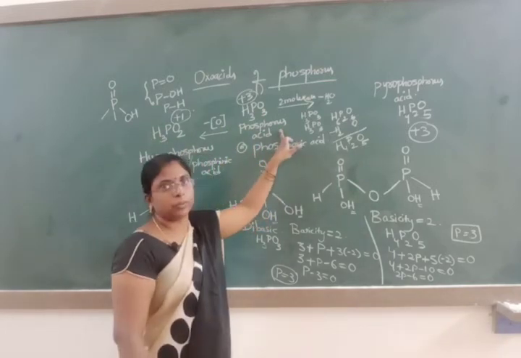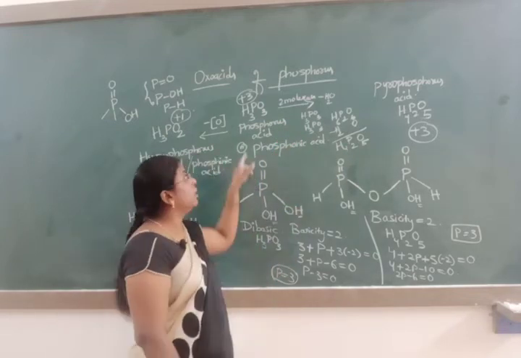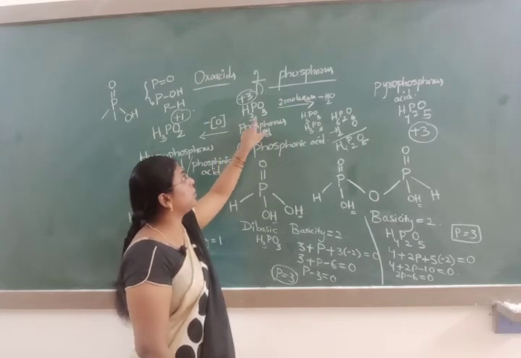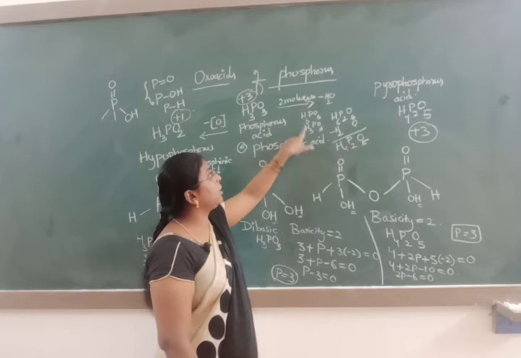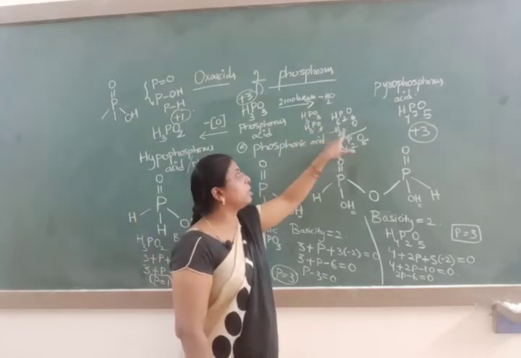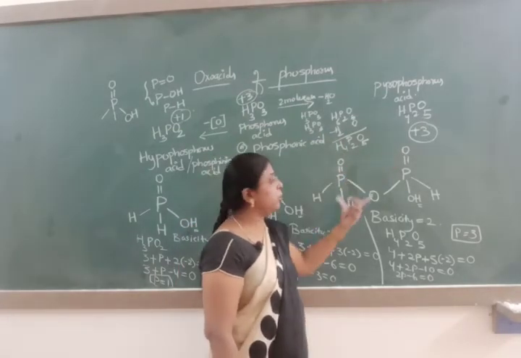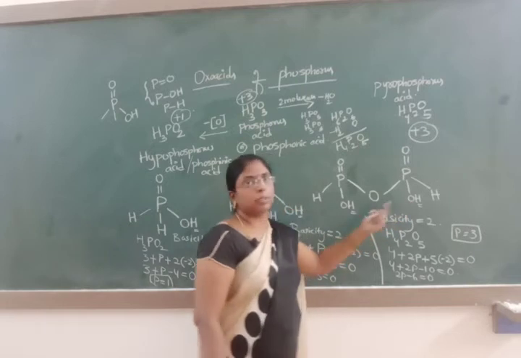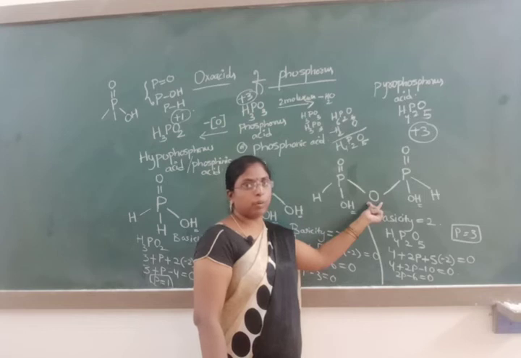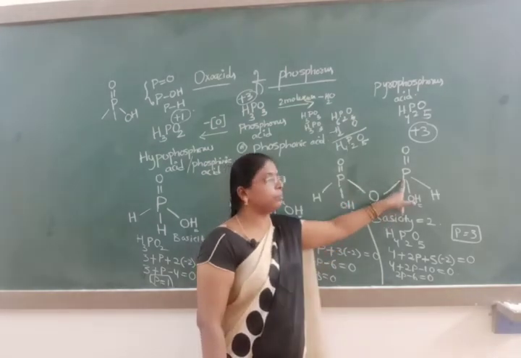Then using phosphorus acid we can write the pyrophosphorus acid. Two molecules of phosphorus acid H3PO3 become H6P2O6. In that we have to remove one water molecule, and we get H4P2O5 as the formula. If I write two structures of phosphorus acid and remove one water molecule, we get only one oxygen. Here it is having a POP bond.